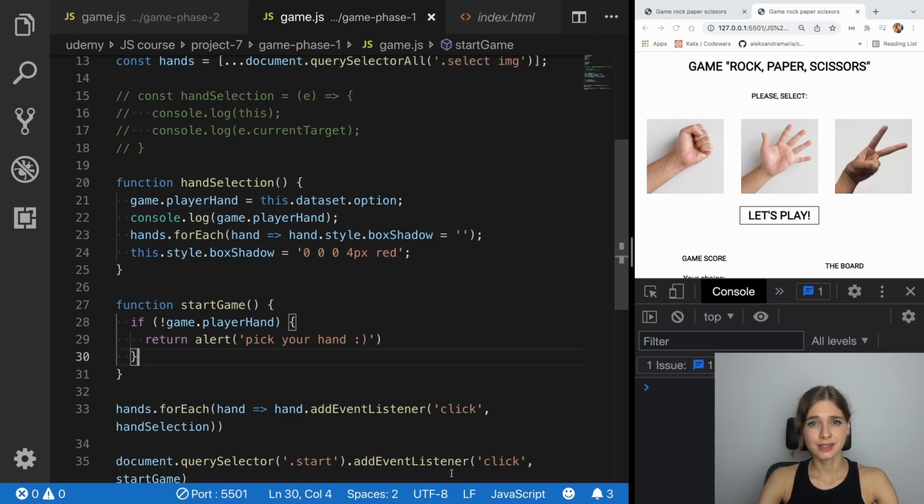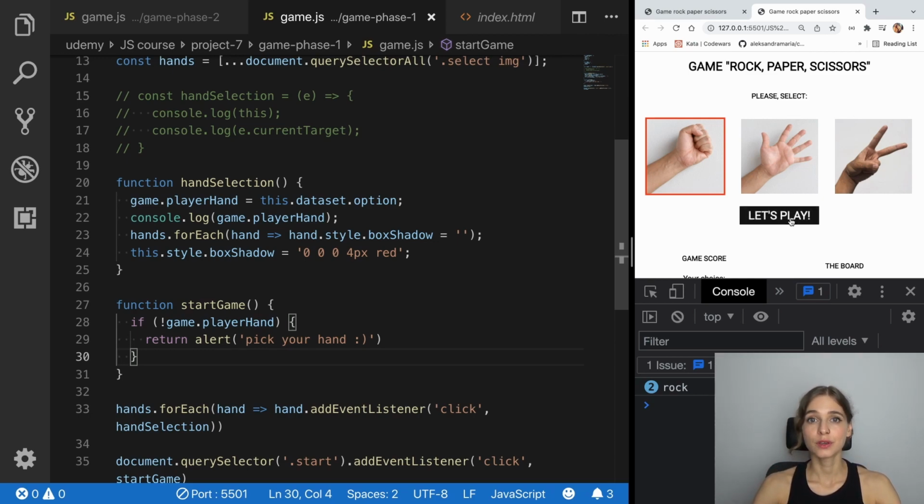Because I think it's just easier on the eyes to have it this way. Go. So we have now our system preventing us from proceeding whenever the player doesn't pick a hand, either on purpose or because you didn't know how to play the game. So the next step is, we can make our choice, then we hit the let's play button, and